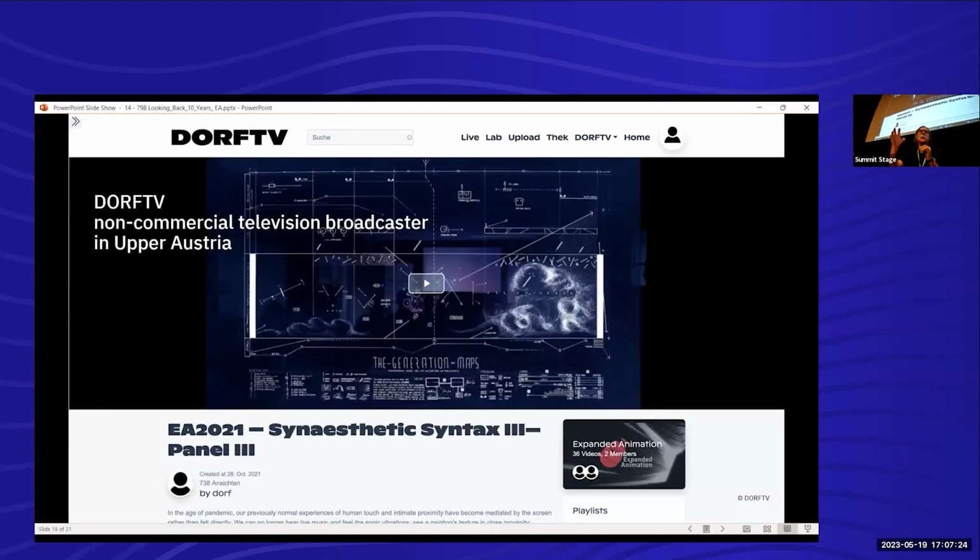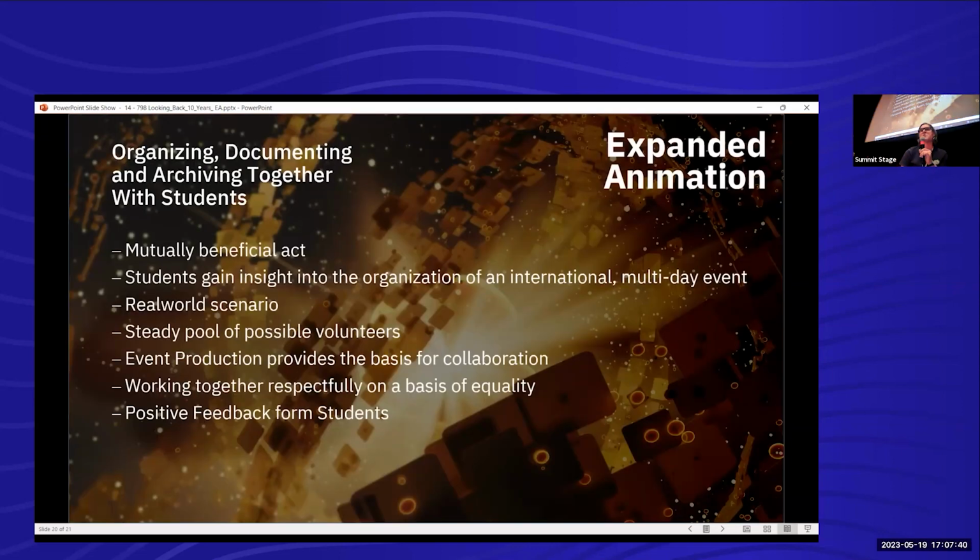So if we think about, okay, there is maybe no YouTube and no WordPress in the future, so there is still maybe a video documentation on Ars Electronica, or for instance, Dorf TV, that's a local broadcaster. So we already have 3 channels to archive the material. To sum up, organizing, documenting and archiving a hybrid symposium in educational context opens many spheres of